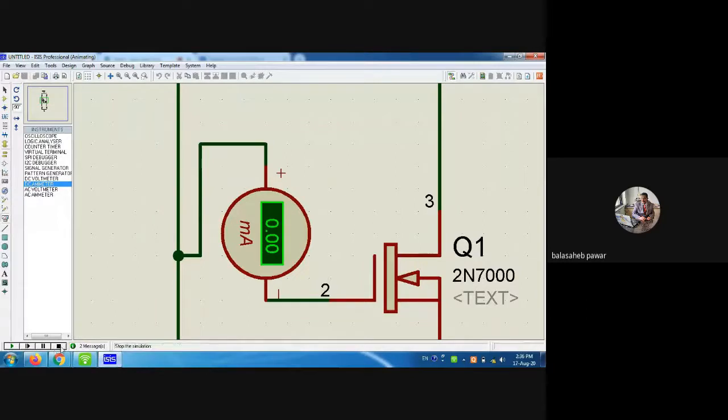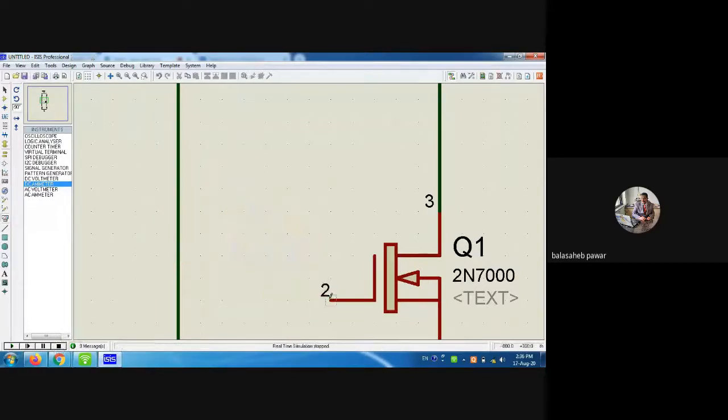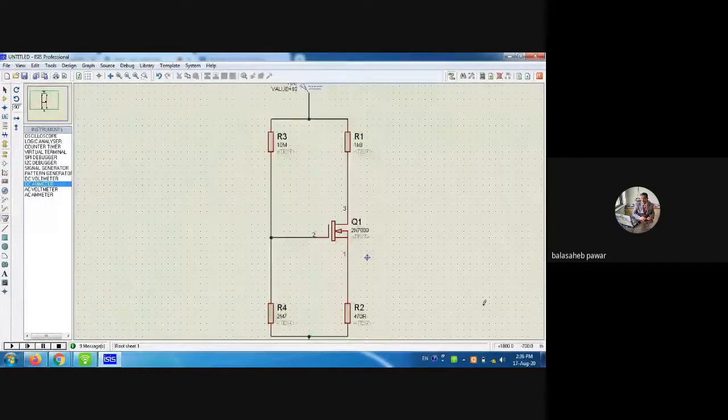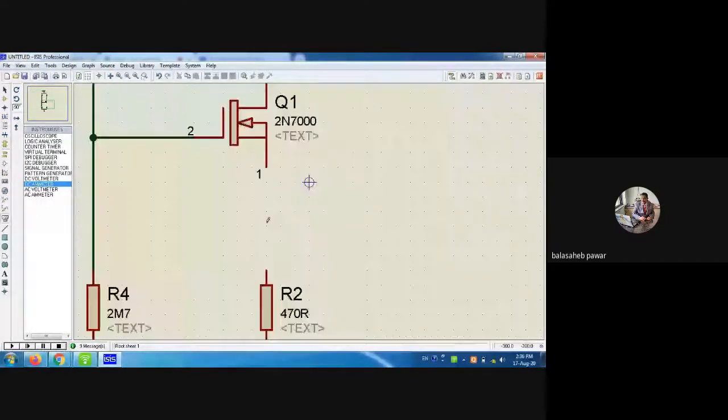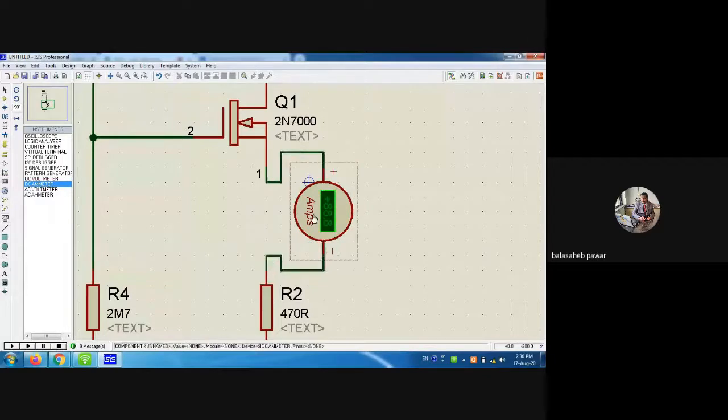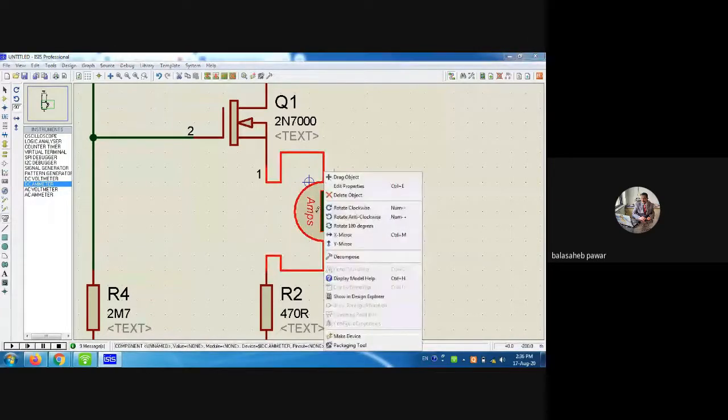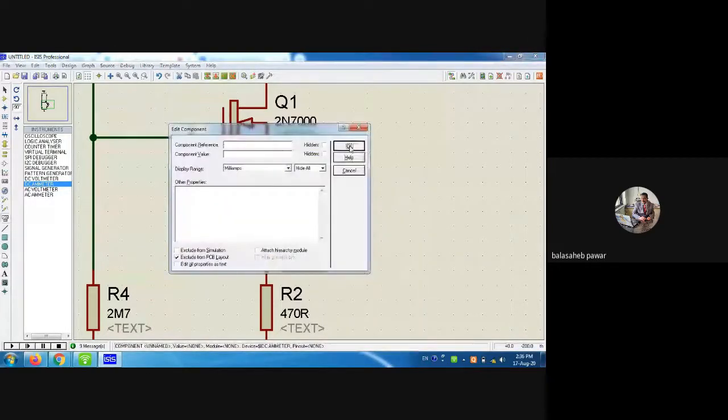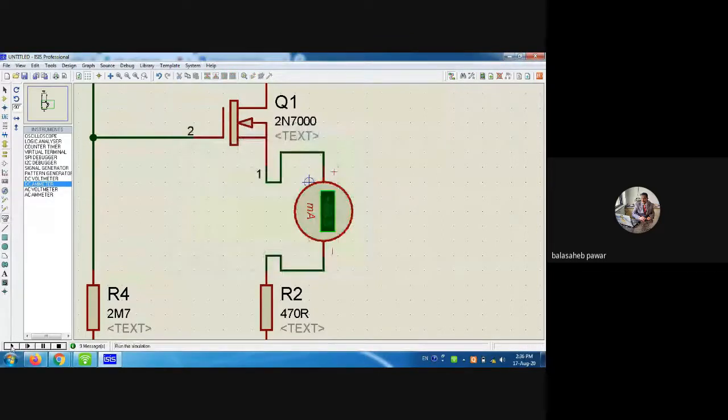So once I verify that IG is 0, just note it, and now the third current remaining, that is IS, again you can measure it by placing that current meter in series with that source and RS. Like this, change its properties to milliamp, say OK, and again run it. So see, how much is the value of IS? Is it same as that of ID?